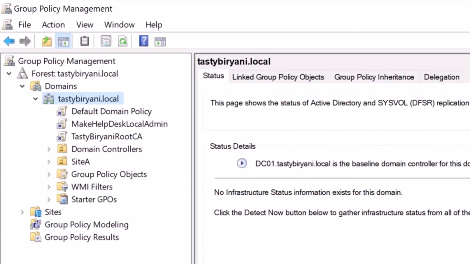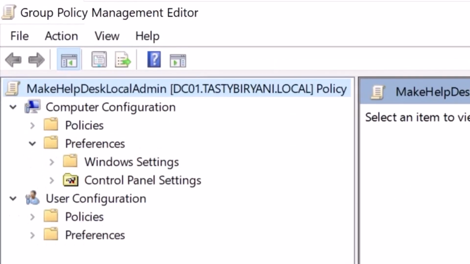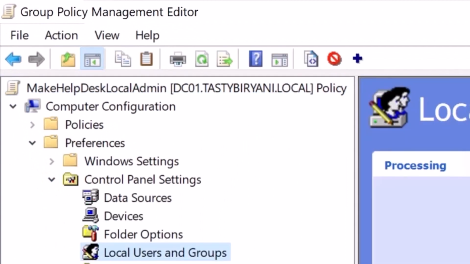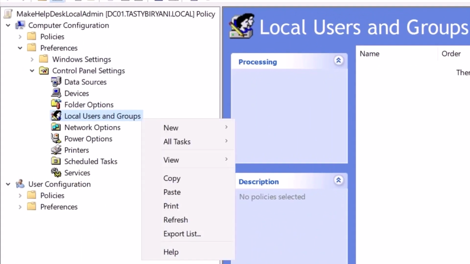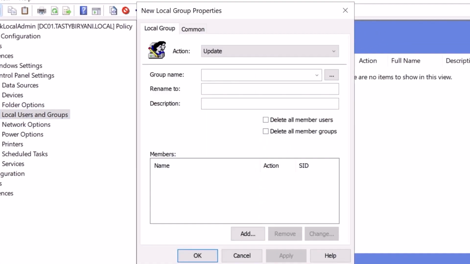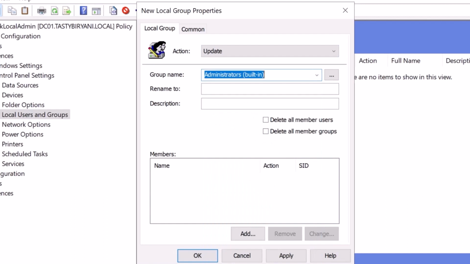Right click on the GPO on the left side and click on Edit, expand Computer Configuration, Preferences, Control Panel Settings, and Local Users and Groups. So I'm going to right click on Local Users and Groups and select New, and then select Local Group. Under the tab Local Group, very important, you need to select the Update option in the Action field. In the Group name drop-down list, choose Administrators (built-in). Even if this group has been renamed on the computer, the settings will be applied to the local administrators group using its SID, which is